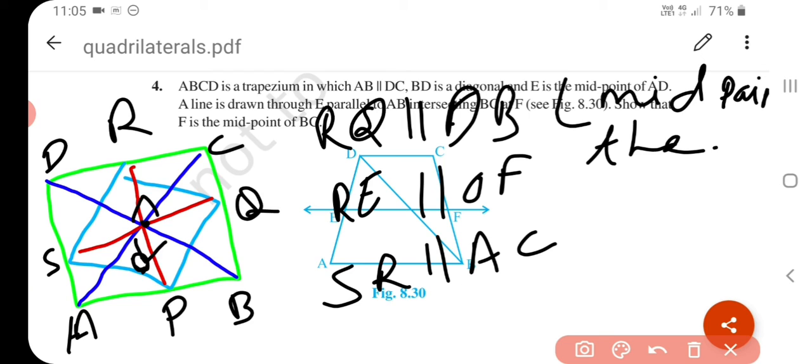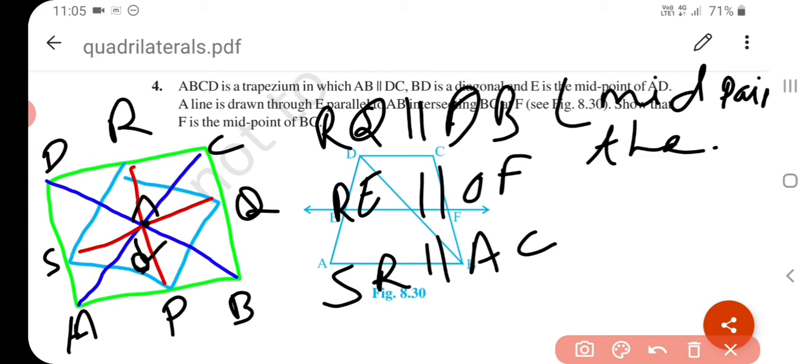If it is a parallelogram, then angle R and angle O are equal, 90 degrees, since opposite angles of a parallelogram are equal. Thus PQRS is a parallelogram with angle R equal to 90 degrees. Hence PQRS is a rectangle. Understand? First we proved PQRS is a parallelogram, but we have to prove PQRS is a rectangle, so we had to use the property of a rhombus: its diagonals bisect each other at 90 degrees, so this angle O is equal to 90 degrees.